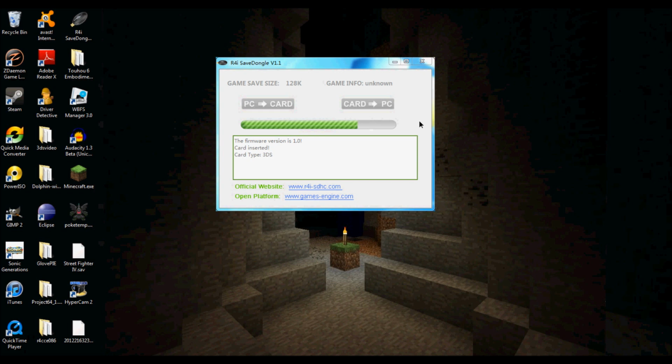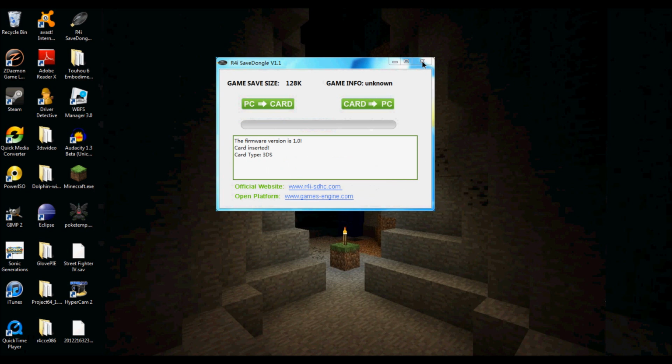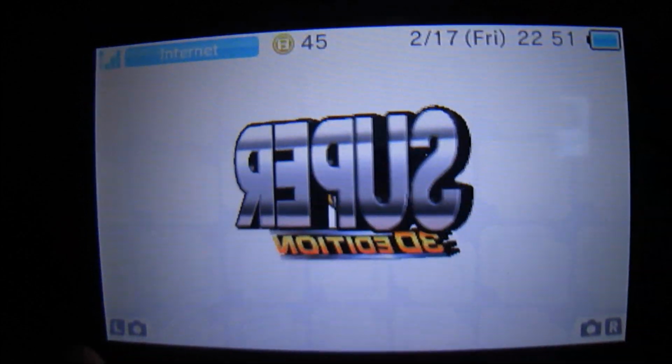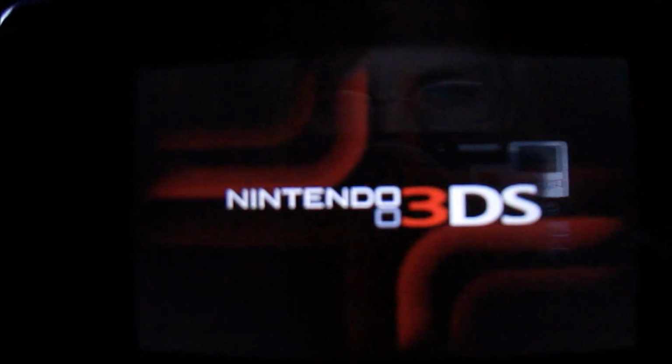I've tried this with a few DS games and it's worked fairly nicely, but this is the first time I've ever done it with a 3DS game, so it'll be a little surprising for everyone. Right, game data to card successful. So now I'm just going to close the program out and eject it, and now we're going to see if it works. Alright, I've got Super Street Fighter in here. Now, before I show the